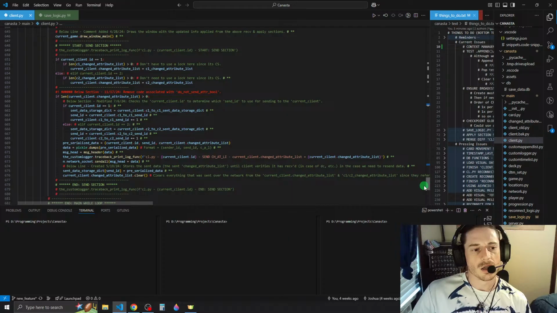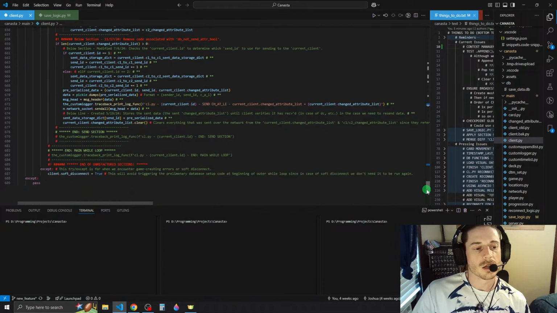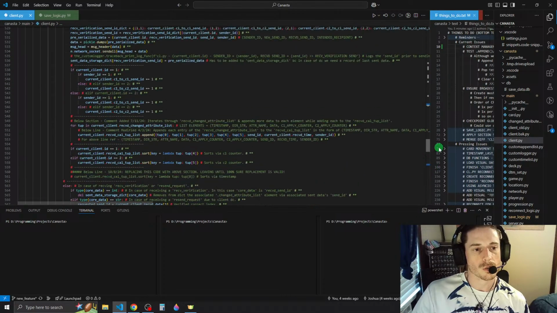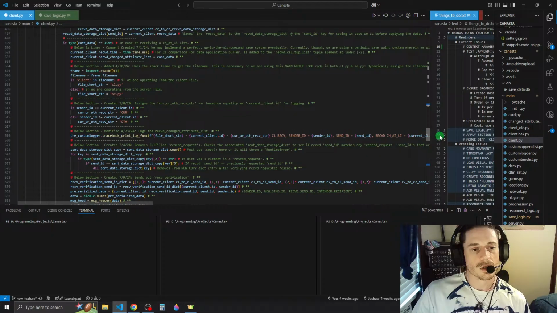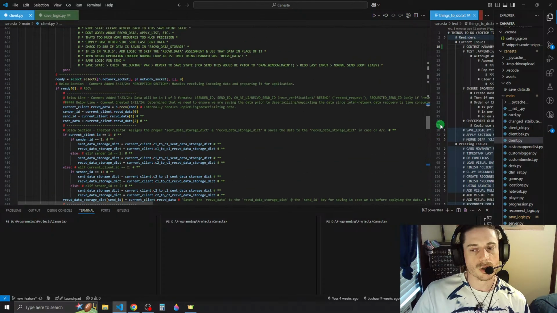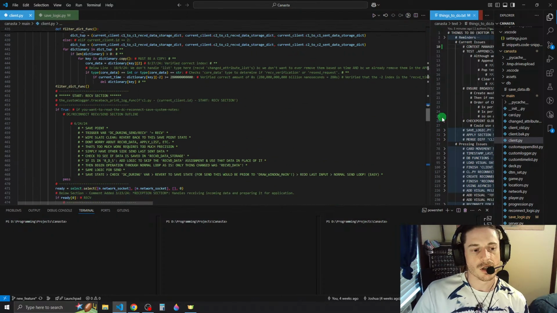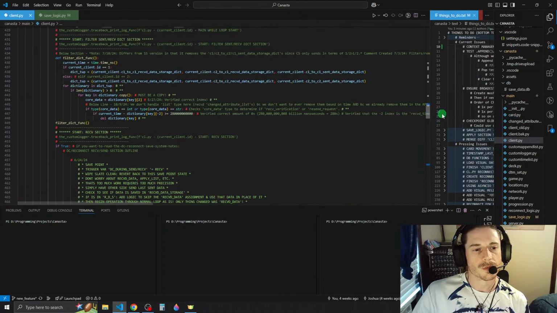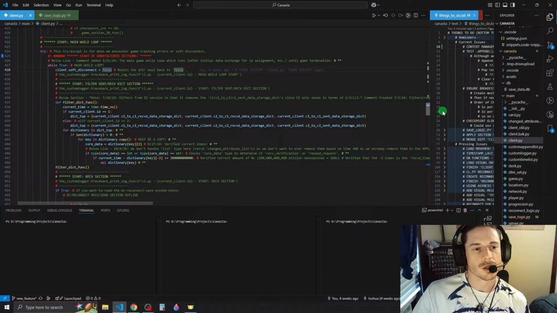But wait a second. If we can literally just load into globals, then doesn't that mean we could just use globals to save everything?